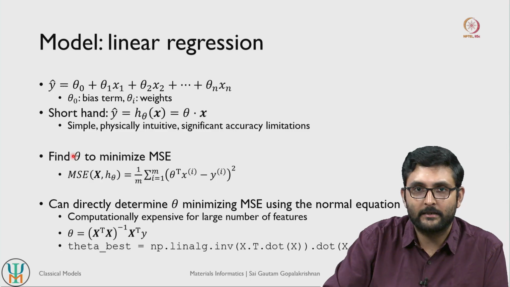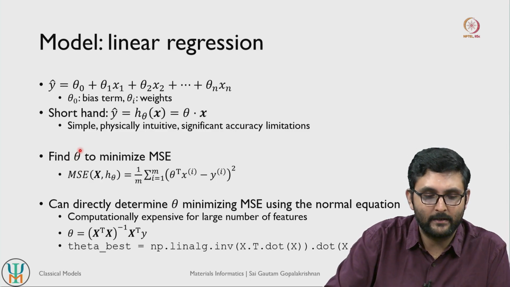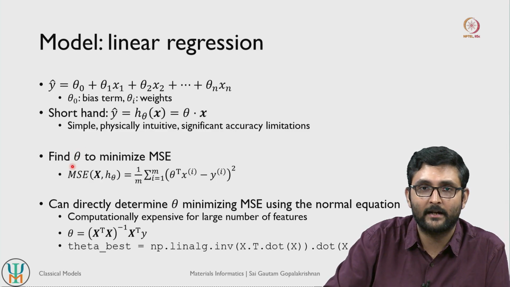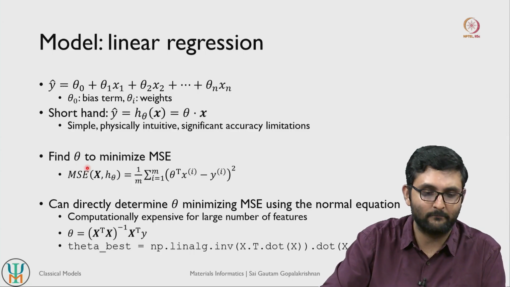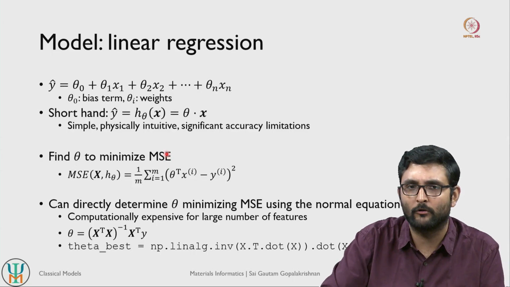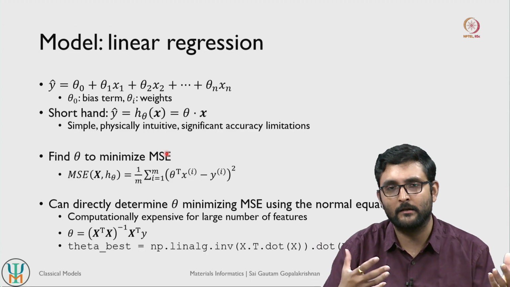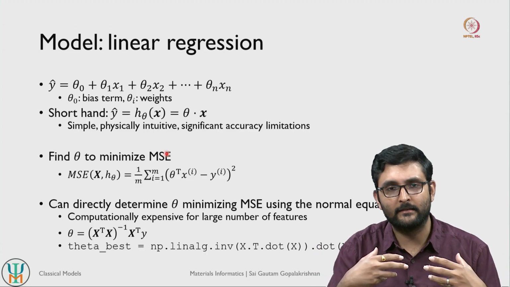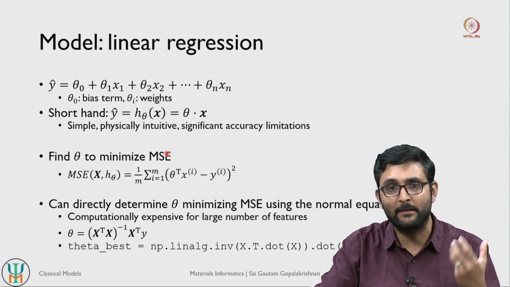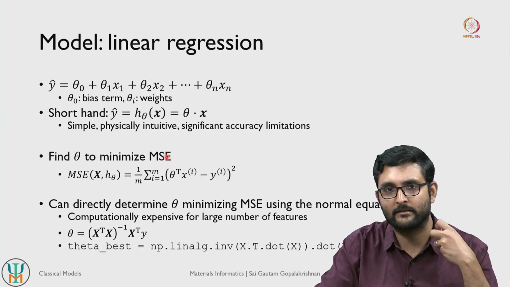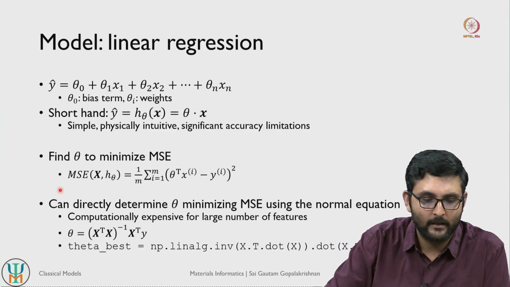So what do we do in our machine learning exercise? We typically try to find our theta, so we try to find values of weights and biases that minimize some kind of a score, or minimize or maximize depending on what model we train. In the case of linear regression, we are minimizing our score, which is our mean squared error here, right.